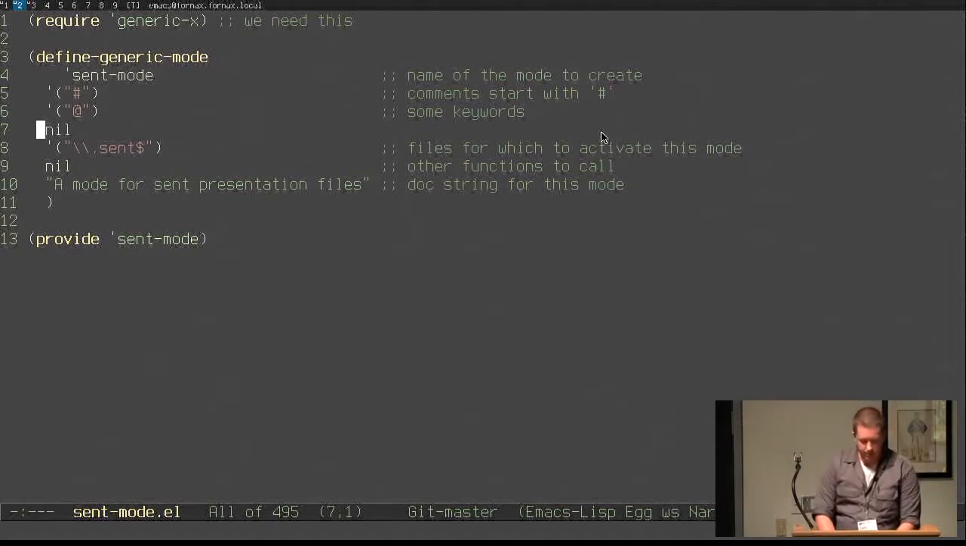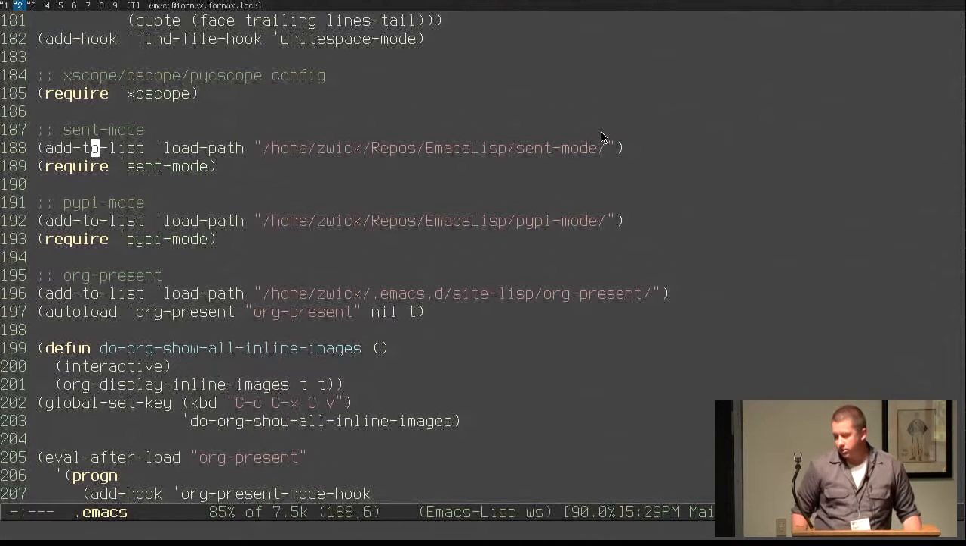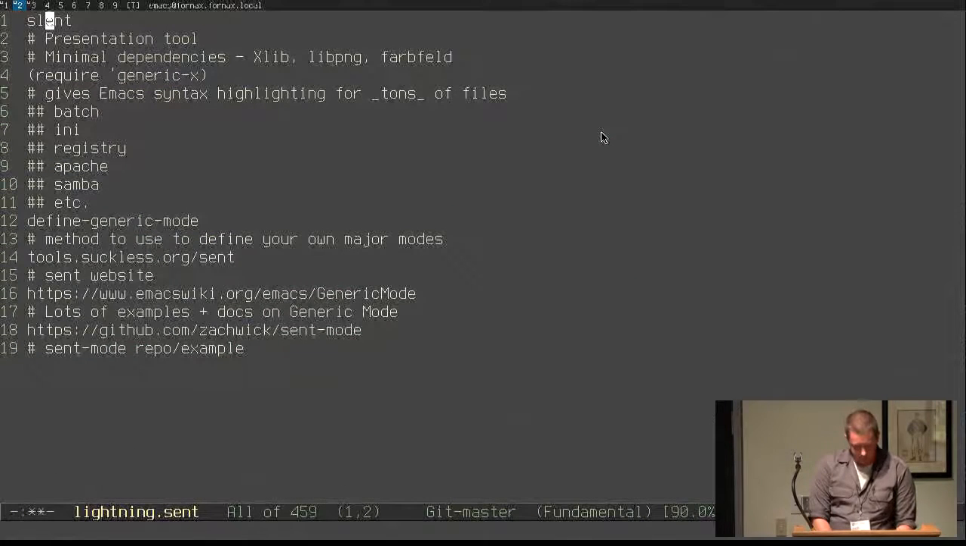And then at the end, I want to be able to do a require scent-mode. So that's what that line 13 there is. And that means that in my Emacs config, I can do something like this. And if I ever load a file that has an extension of .scent, it automatically loads and applies my scent-mode major mode. And so I can go from this